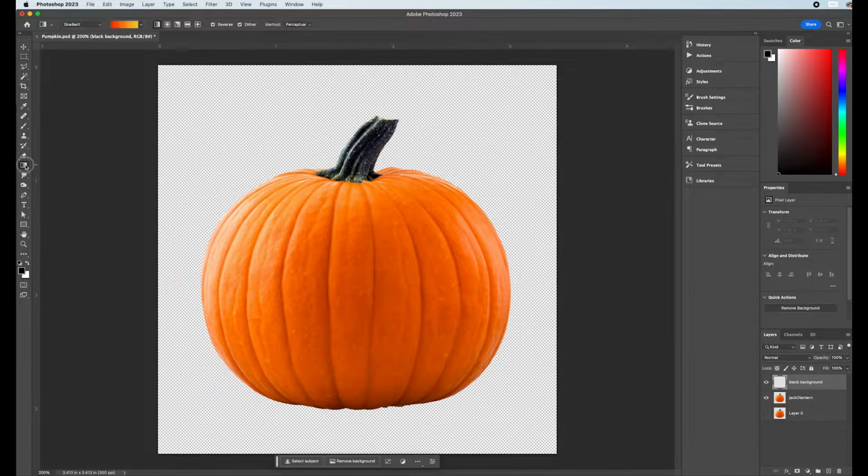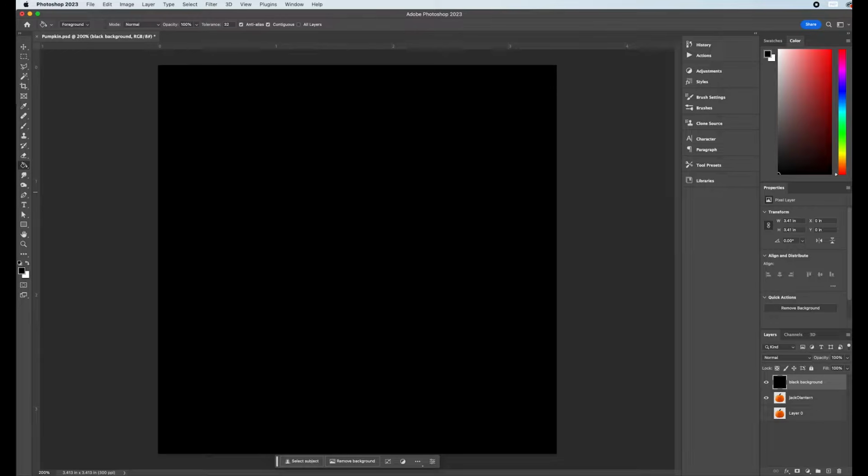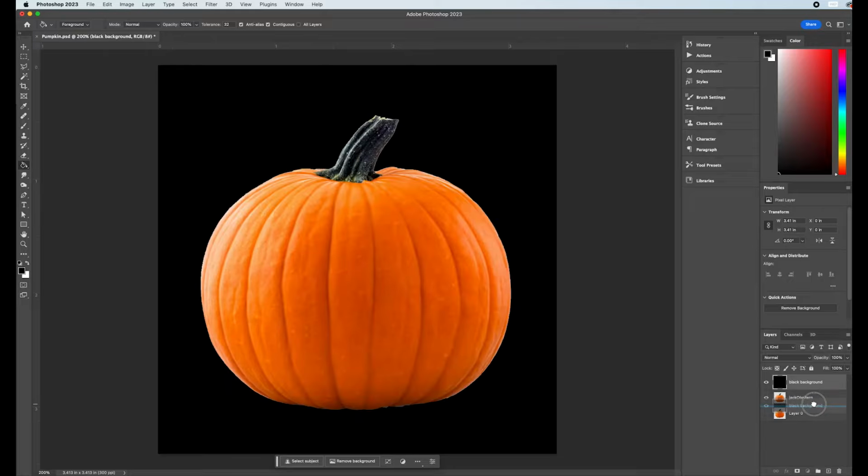I can go over to the left side navigation and fill this in with the paint bucket tool. My current foreground color is set to black. I can click inside the area, it will fill in with black, and then I'm going to just move this layer underneath my jack-o'-lantern. Once we have the black background, we're going to select back on our jack-o'-lantern layer,